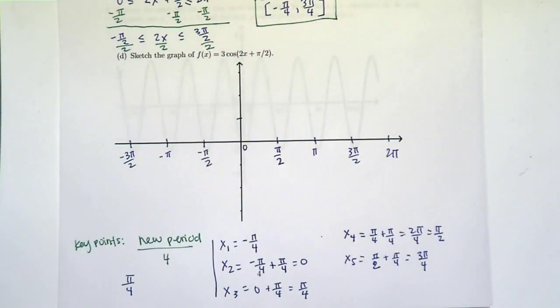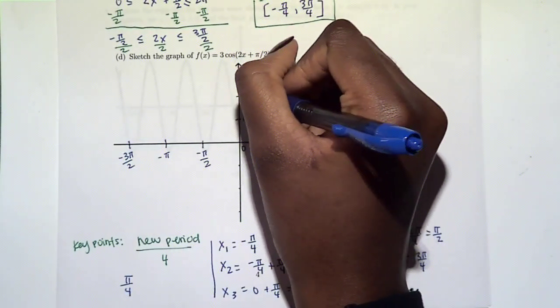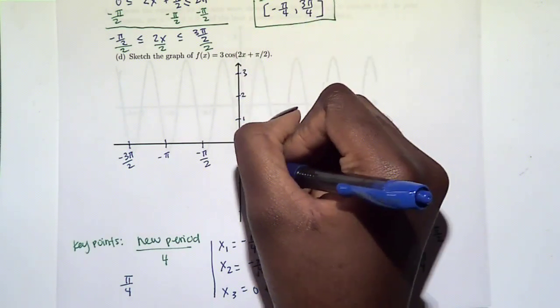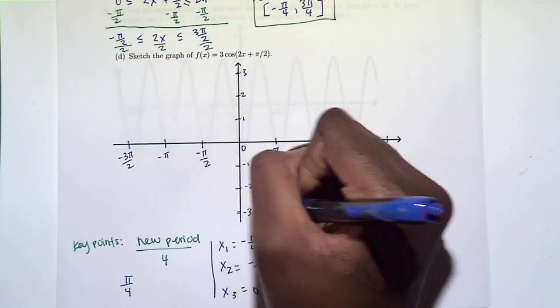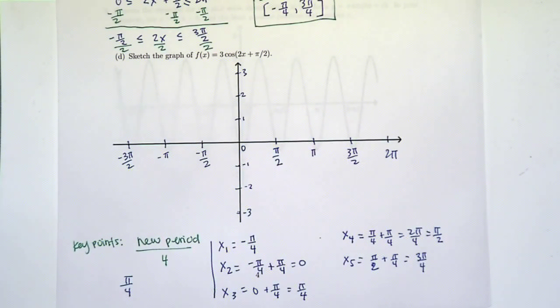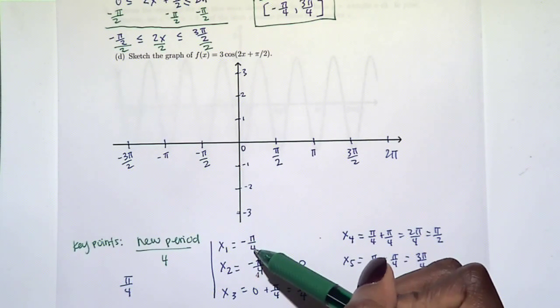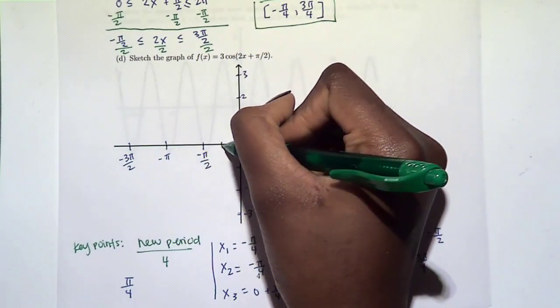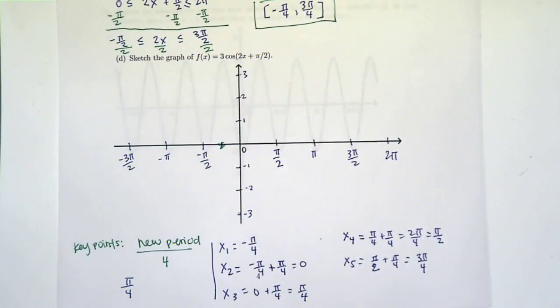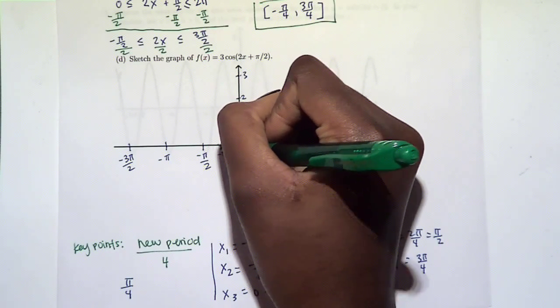Then label my y-axis. Okay, and then next step, let's go ahead and put our x values on here. All right, I'm gonna put, let's see, maybe a little star will be helpful. All right, so pi over 4, where does that go? It goes between 0 and negative pi over 2. Maybe I'll put a little star here that says this is x equals negative pi over 4, because I know